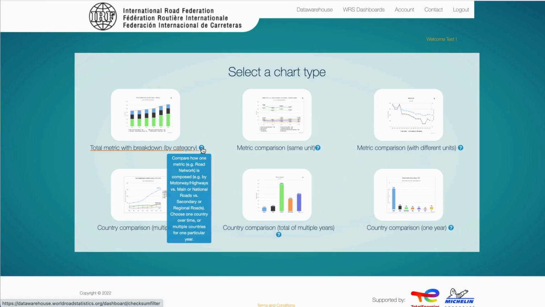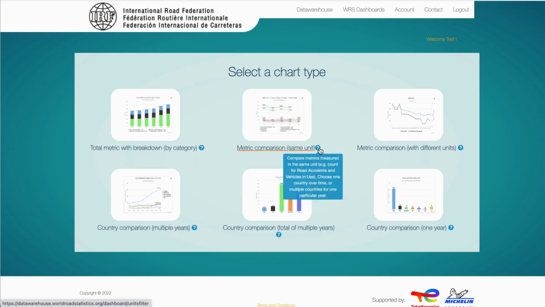So for example, this one titled Total Metric with Breakdown by Category, you would be able to compare how one metric, such as road network, is composed. So you would be able to see the breakdown between motorway highways versus main or national roads, etc. And you could either choose one country and look at this over time, or you would be able to look at multiple countries for one particular year. And similarly, you would be able to see example usages for all the different chart types. So if we take this first example,